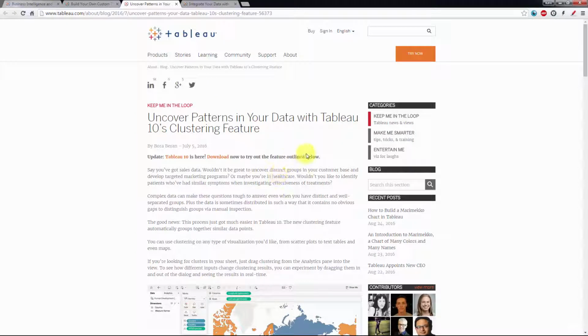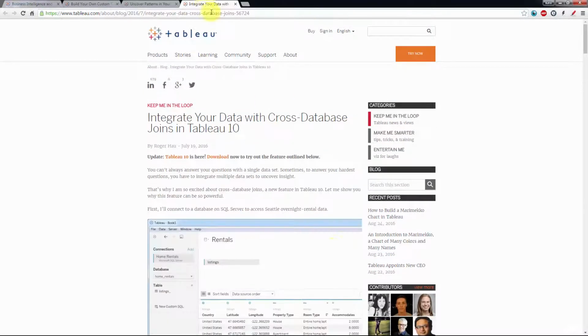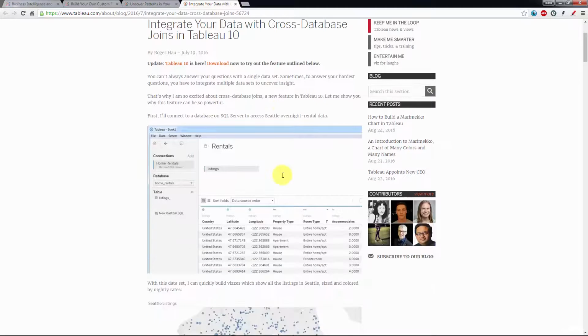All right, so I hope you're very excited about that already. So we've got two super powerful tools. We've looked at maps, and now we've looked at clustering, and now we've got another tool in the third realm, in the space of data connections. Integrate your data with cross-database joins in Tableau 10. Yes, we can finally do it. Remember back in the day,